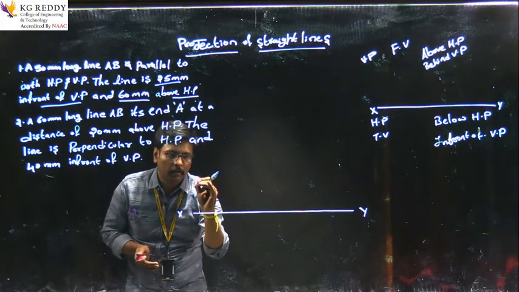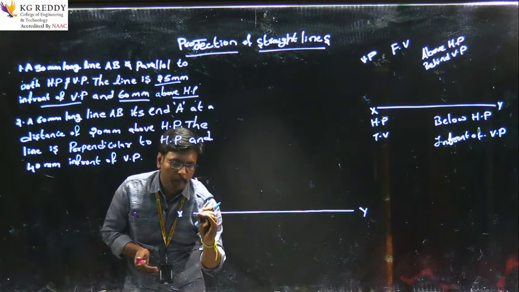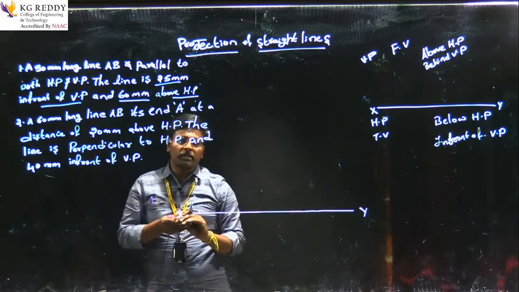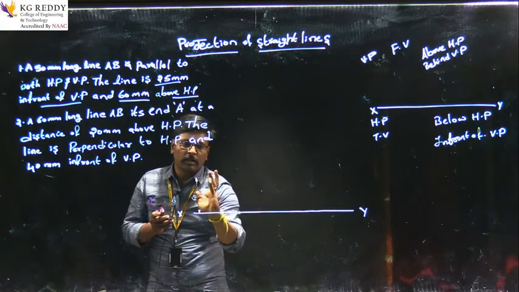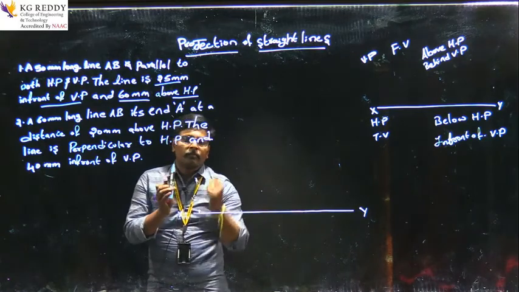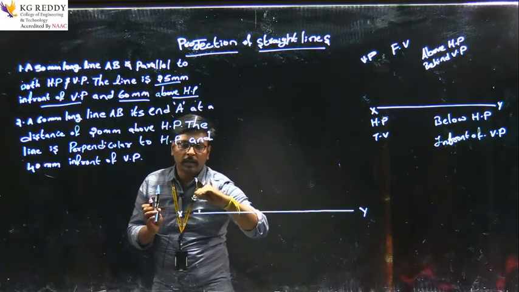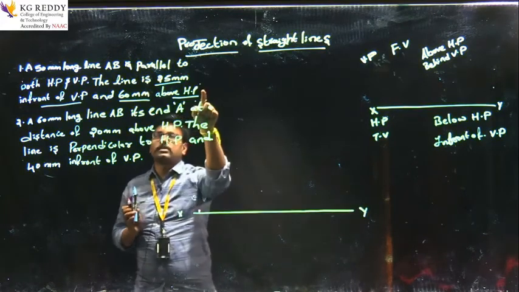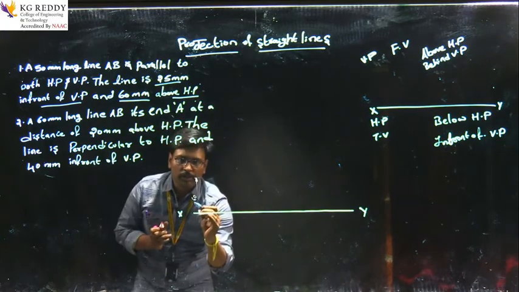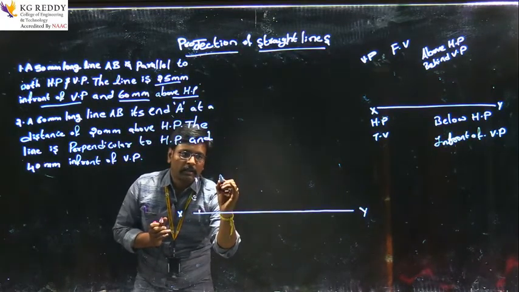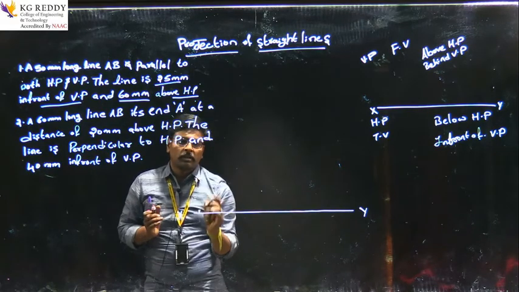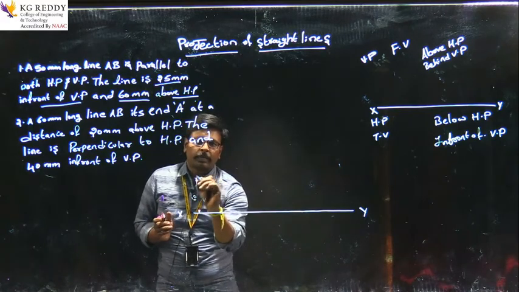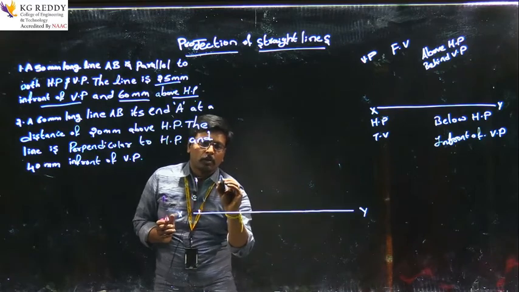I am taking it 60 above horizontal. The dimension line must be very light, because our main diagram is the projection of lines. They will ask you to draw the projection of straight lines. So this is 60 above. Here I have to stop, because between the dimension line and the main diagram there must be a gap of 1.2 centimeters.